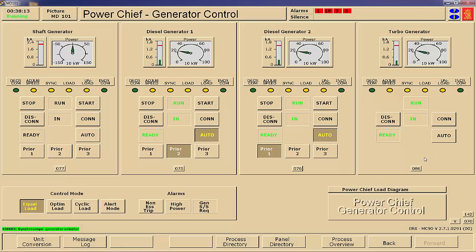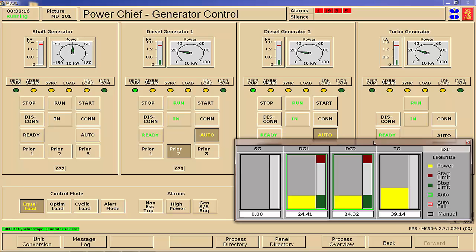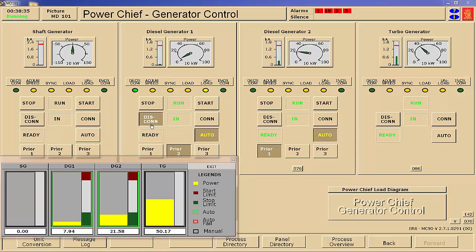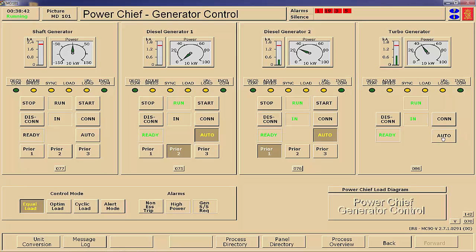Now you notice I'm still running 2 generators. But when you watch this, see how she's getting down in the green? So it's going to start disconnecting. So I'm loading this up on the steam turbine. It will automatically take a generator off the line. See, it's decreasing here. So it just disconnected, and that was due to the power management system. And then I'm going to go ahead and put this in automatic, and I'm going to run the steam turbine